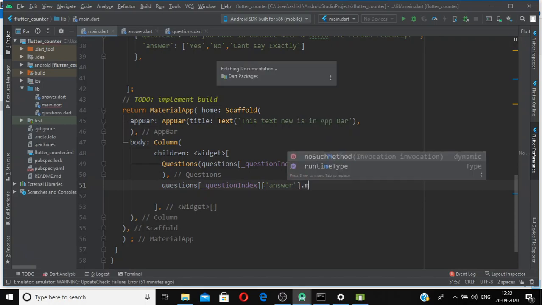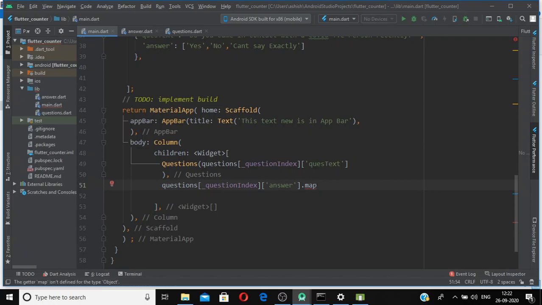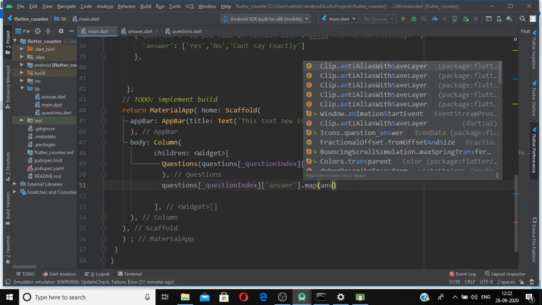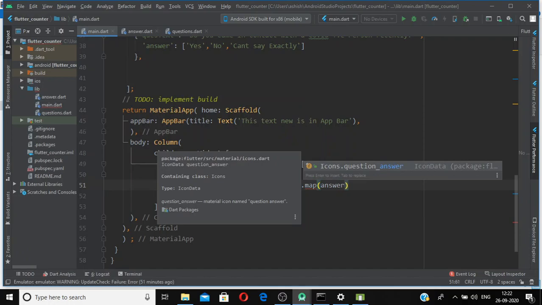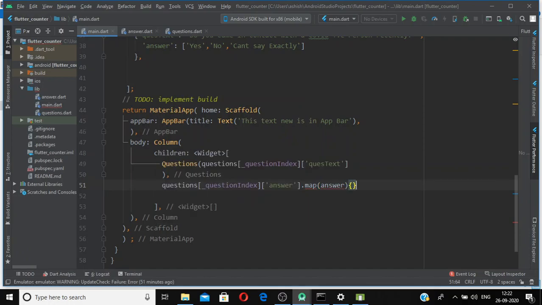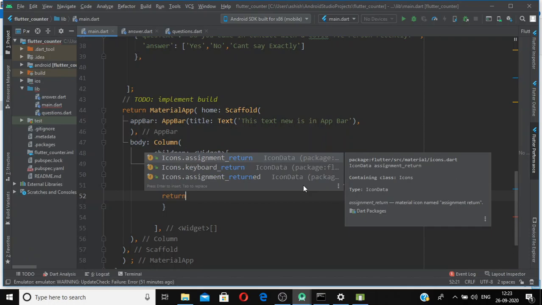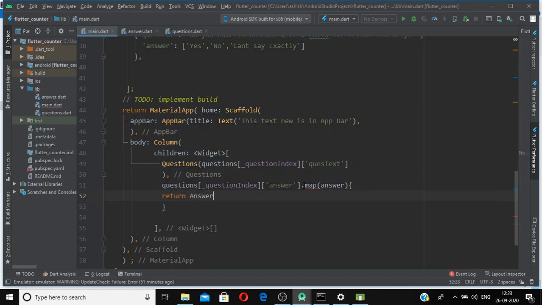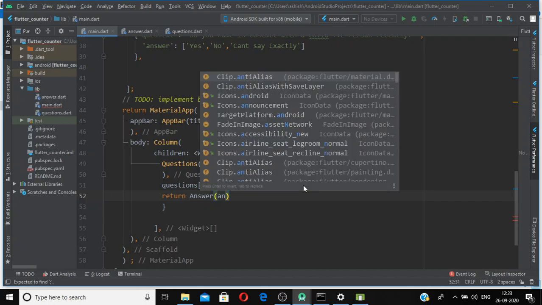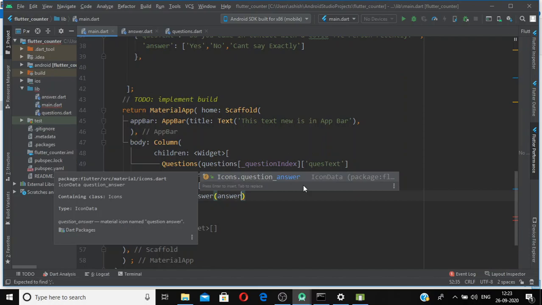Now we want to have our map method, and inside this map method we will pass that answer, and this map method will return a widget of type answer, and what we want to display on the answer widget is that answer key.